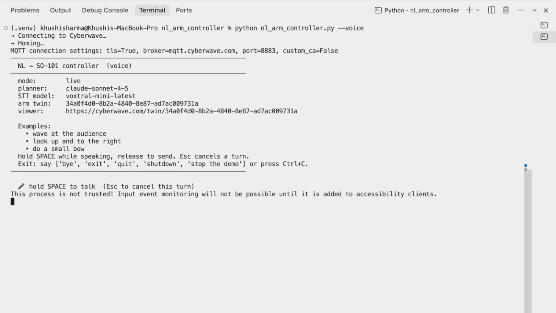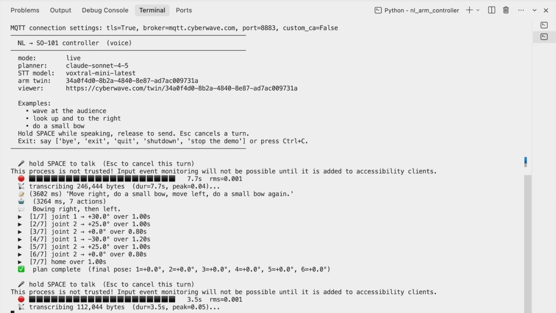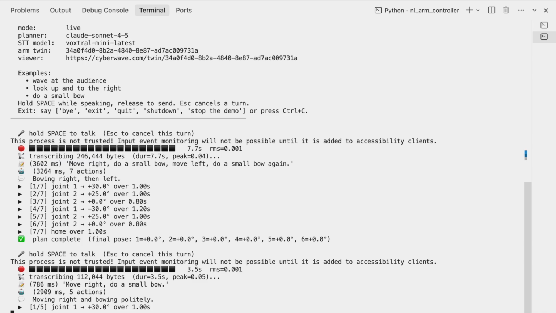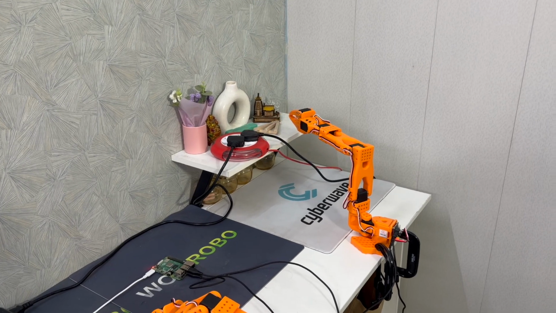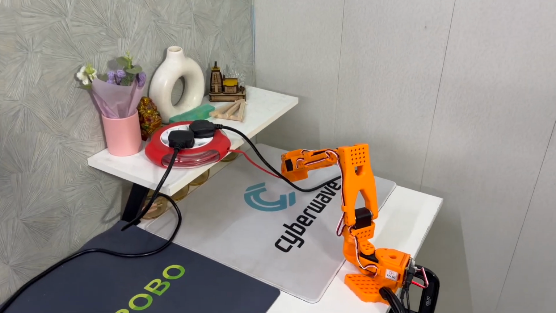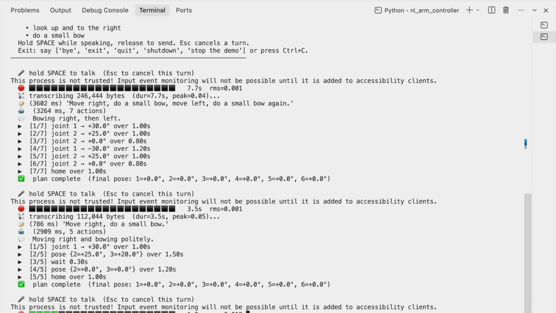Let's give another audio instruction to the robot. Move right to a small bow. Plan is generated, and this is how the robot behaves in real life. Let's do another one. Say hello to everyone.